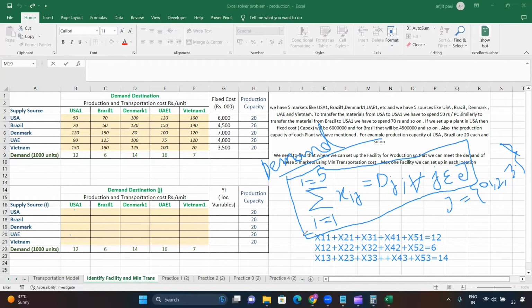So this formula is also correct, but instead of writing all these things one by one, we can just simply write the formula this way, and it looks very compact, and you are able to conclude your mathematical model in a faster and more compact way. Okay, so demand constraint we have discussed. Now